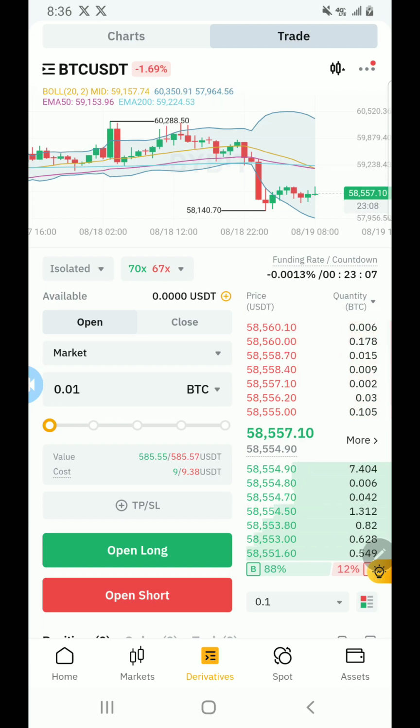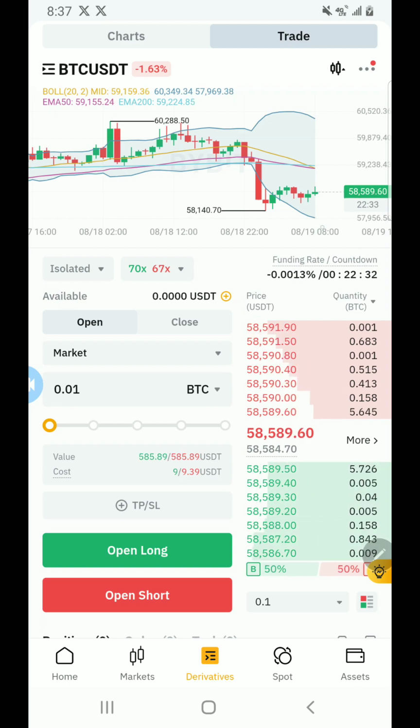You could get a limit long order or a limit short order. A limit long order is an order that would activate when the price dips below the current market price. So if you say the price is, Bitcoin current price now, as you can see, is 58,560.40. If you get a limit order to buy BTC, to long BTC, in this case buy BTC USDT at say 58,300 or 58,200, it means you want that order to fill you in when the price dips to that